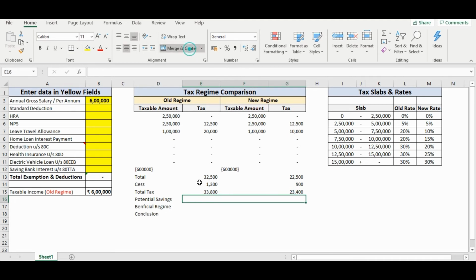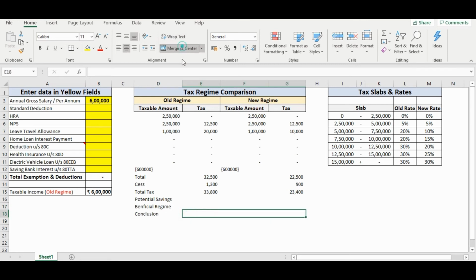Let us merge these cells. To get the potential saving, we just need to subtract these both numbers and find the difference. But to present it in a better way, let's make use of the absolute function, which will always ignore the sign for the difference and give us the whole integer.